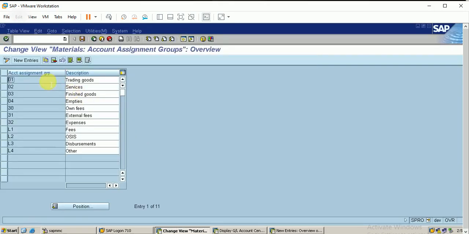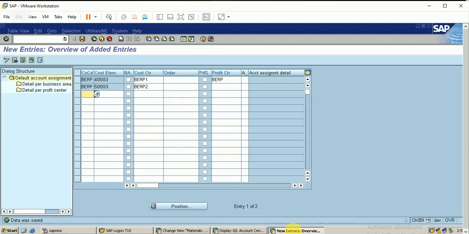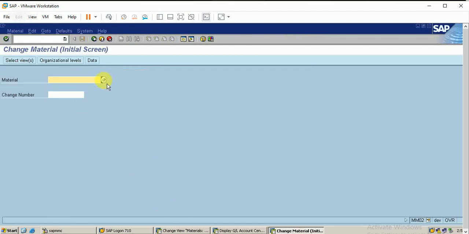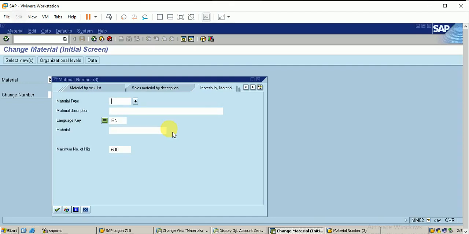So this field account assignment group will be visible in customer master. So let me show it. Just enter into this. Okay, in this tab I just enter the MM02. That is change material. So let me show the field in the material master. This is a finished material type.